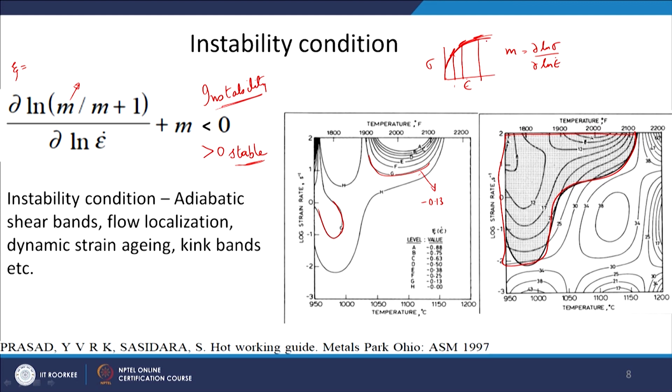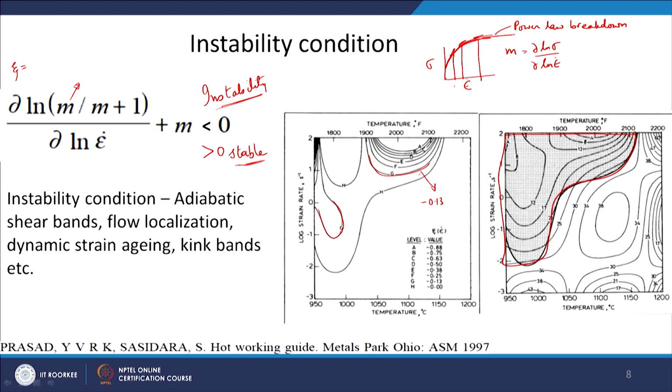And suppose at some point it becomes straight, then that is where you have power law breakdown. There is no power law dependence of stress on strain rate. So, it may be possible only in a certain strain rate window that your stress depends on strain rate with an exponent of m.